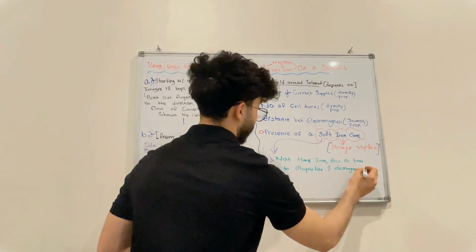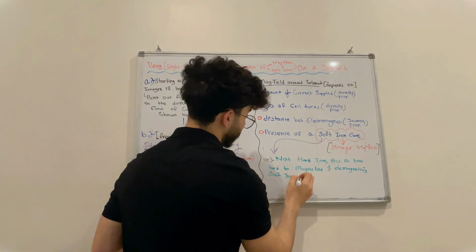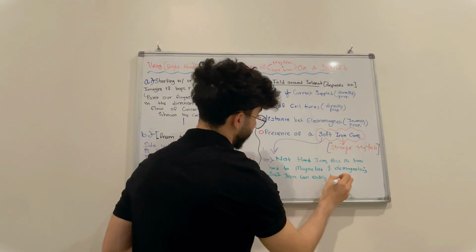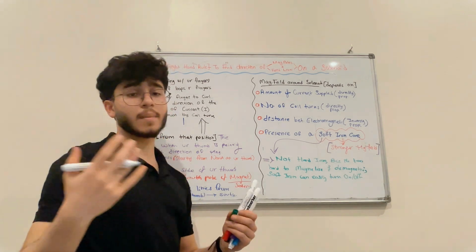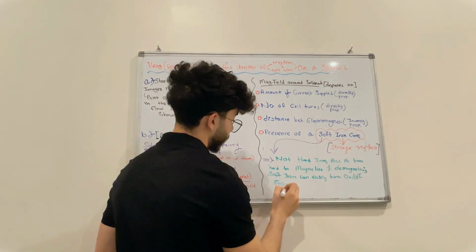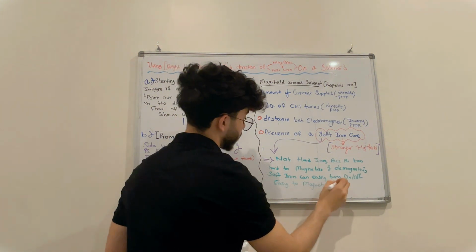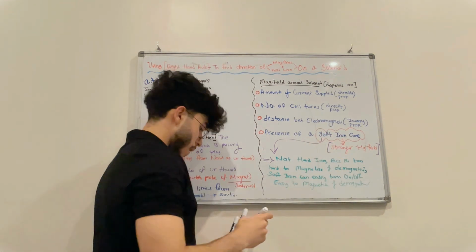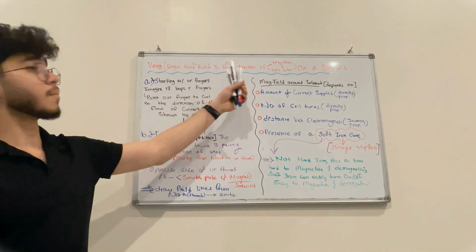Soft iron can easily be turned on and off by your own will, because it is easily magnetized and demagnetized. Okay, it is easy to magnetize and demagnetize. So basically over here we have talked about using the right hand rule to determine the direction of the